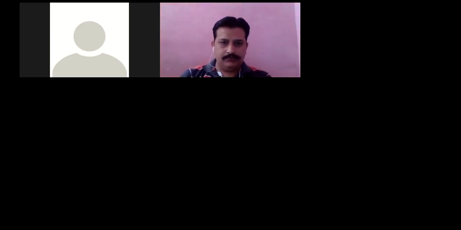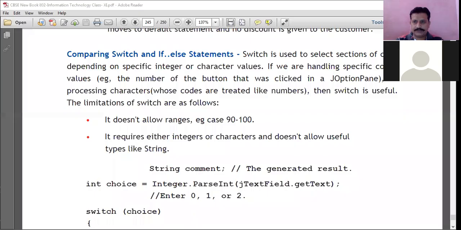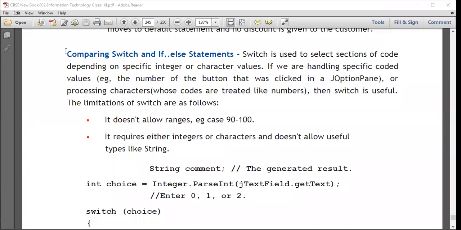So yesterday we talked about, we have done some GUI applications based on certain controls. So we'll do some more practice today. Last time we talked about if and switch. We have done some GUI applications, GUI forms related to that also. So today we'll continue. The next important thing is what is the difference between these two things, switch and